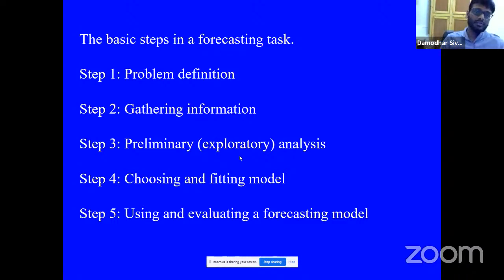So what are the basic steps in forecasting? First we have to see the problem definition. The problem definition is nothing but, again I'm saying, the application. Then, if you know the problem definition, comes gathering the information. Your problem definition can be, maybe, that you are trying to integrate a solar PV system